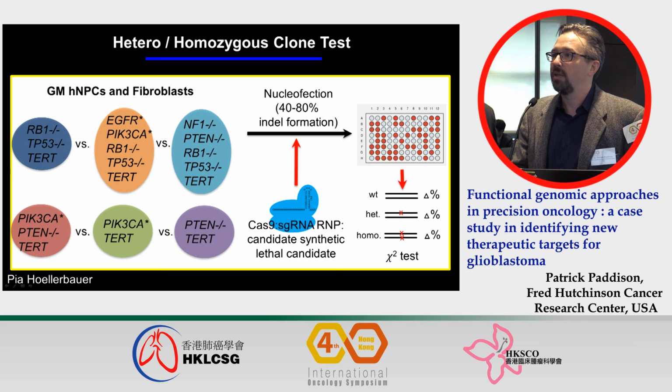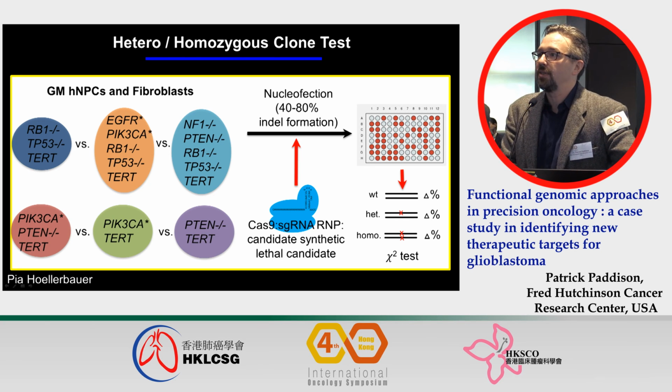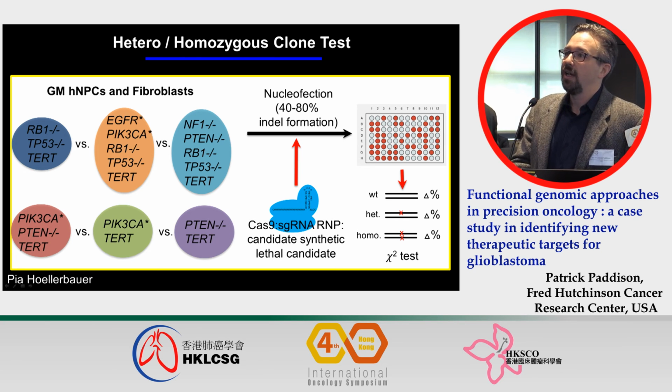And in this case, we're doing a clonality test where we can sequence clones from these tests, where we're manipulating these defined transformed or partially transformed cells, and then ask the frequency at which we see wild type, heterozygous,